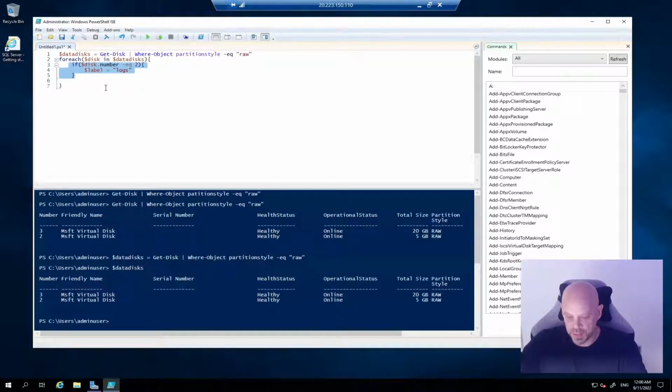And let's copy that again. And if it's equal to 3, which will be the larger one, let's set it to data. Okay, so now we can use those labels later here. So we can now take the disk object